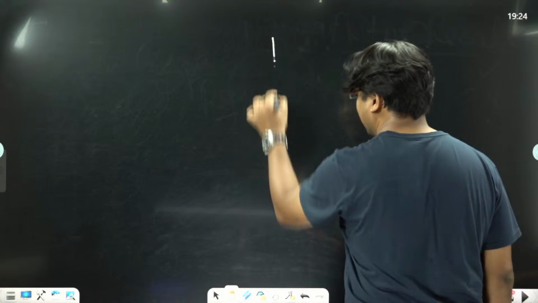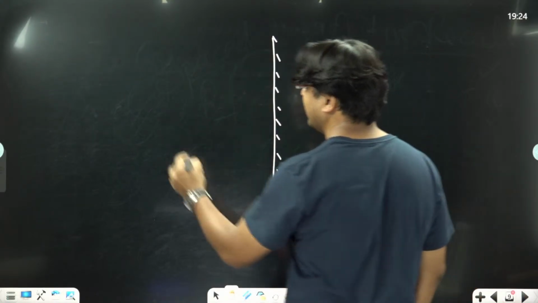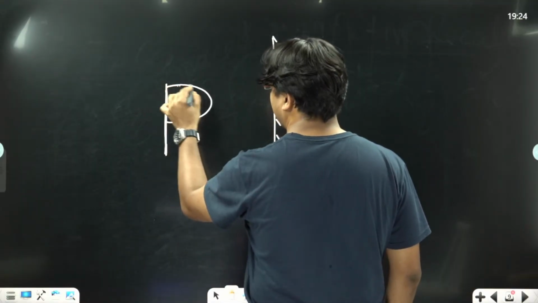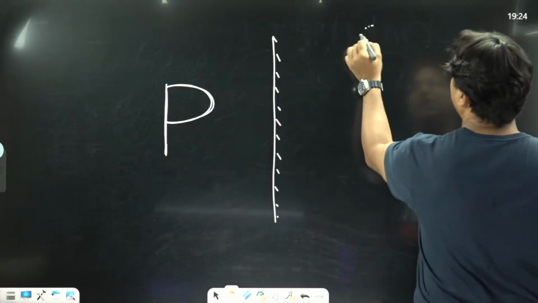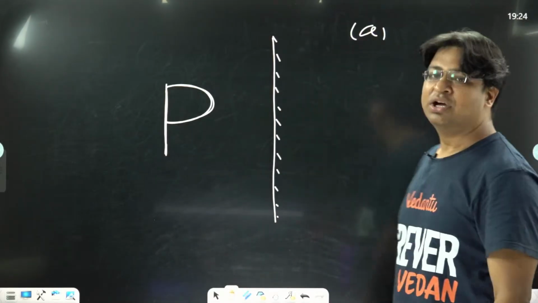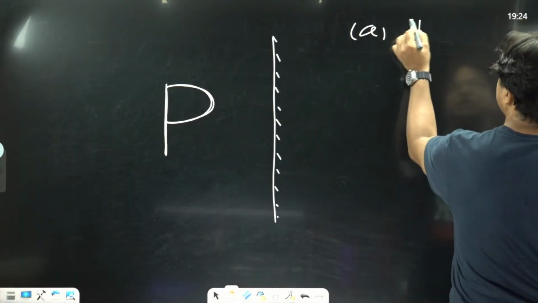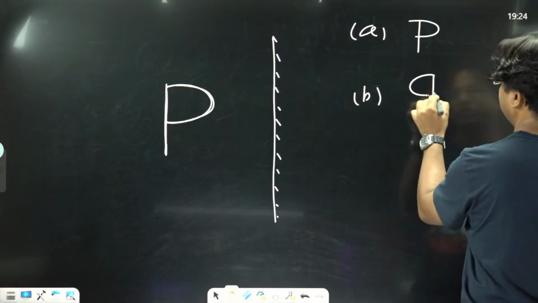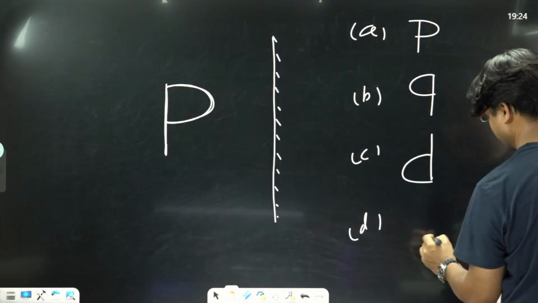can you tell me, if this is a mirror, and an object in the shape of the alphabet P is kept in front of the mirror, then out of these options, which shape represents the correct shape of the image? Is this going to be the shape of the image, or is it going to be this, or this, or